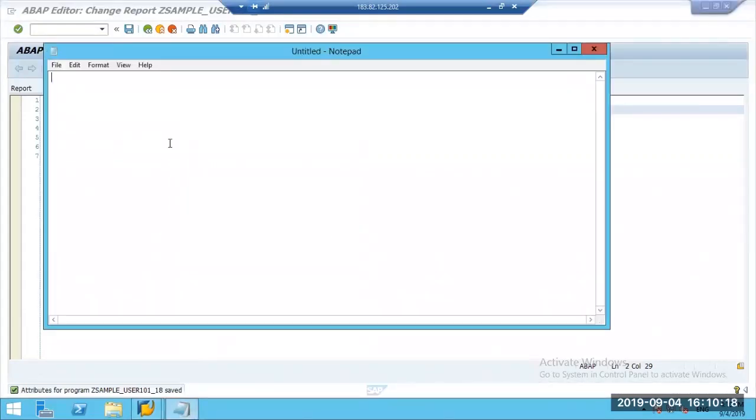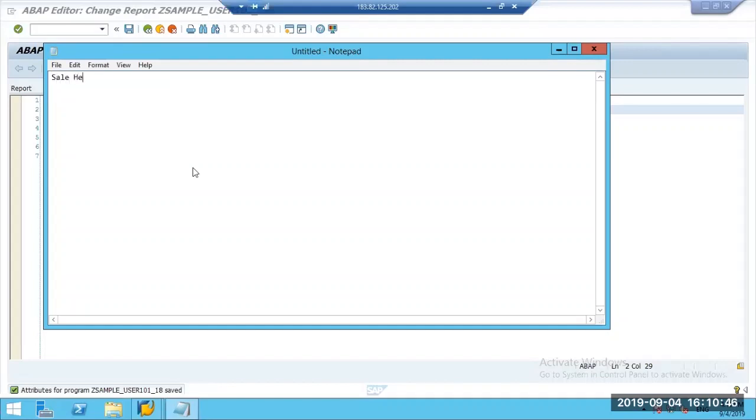So let's go with the sales data. You guys know EKKO and EKPO right now. That is the purchase order header and purchase order item. The same way, on the sales side we have